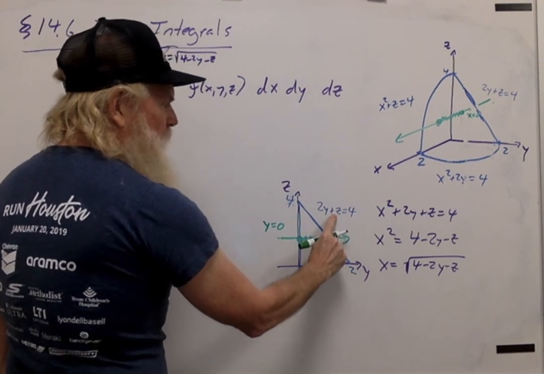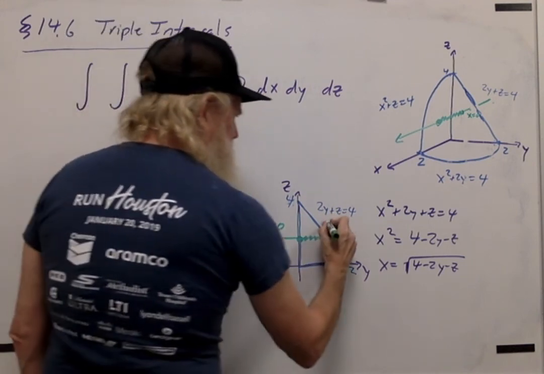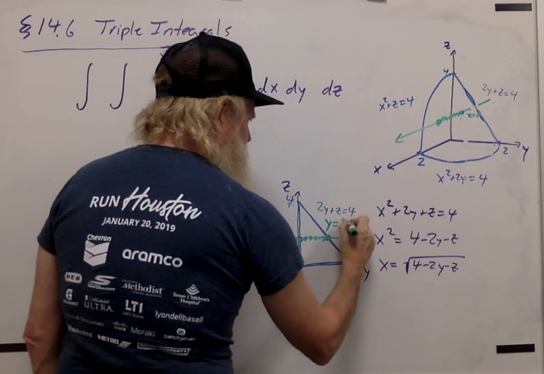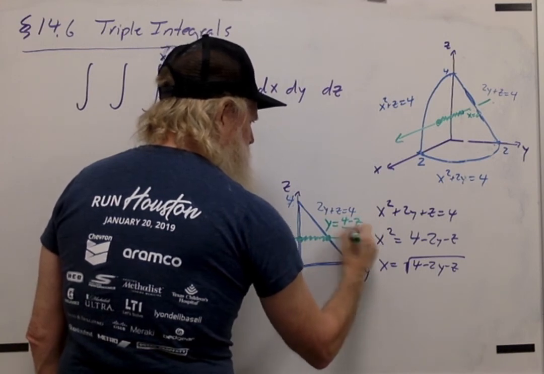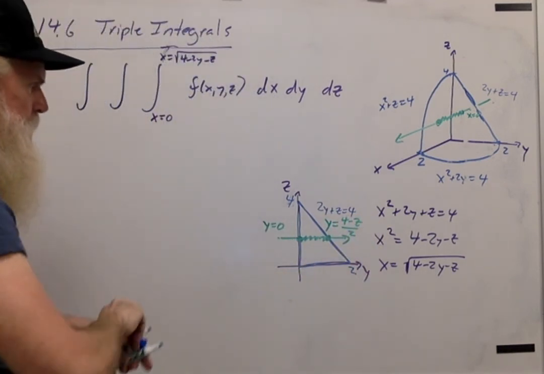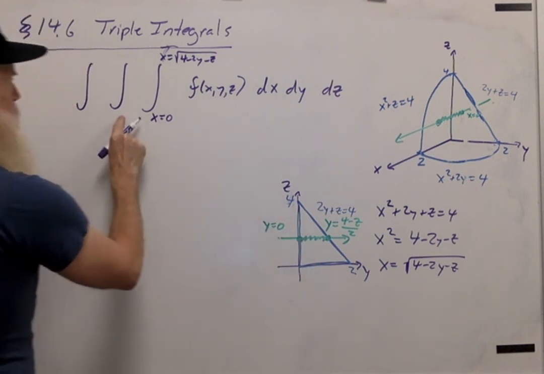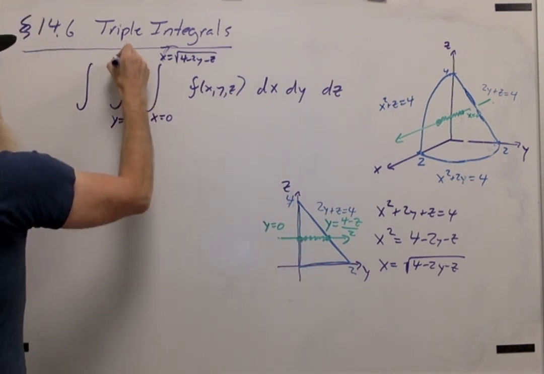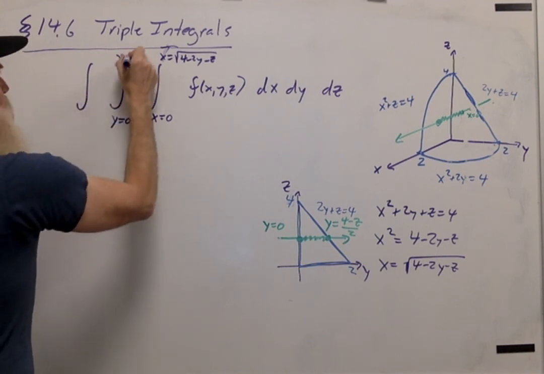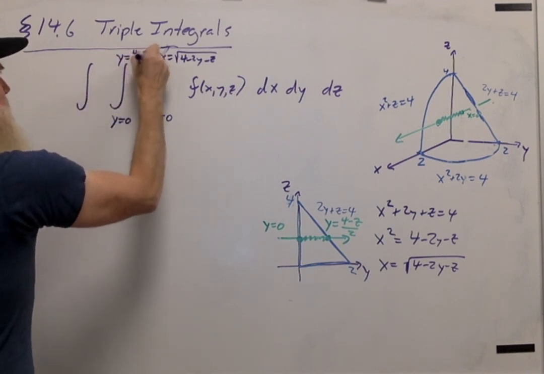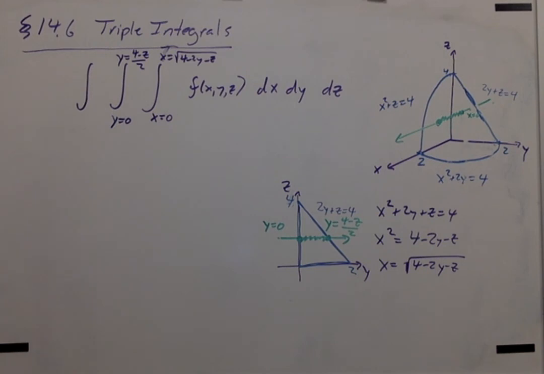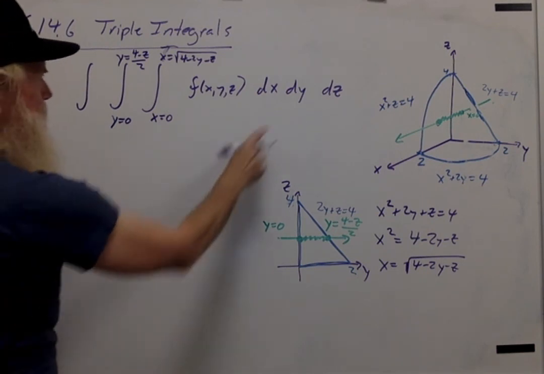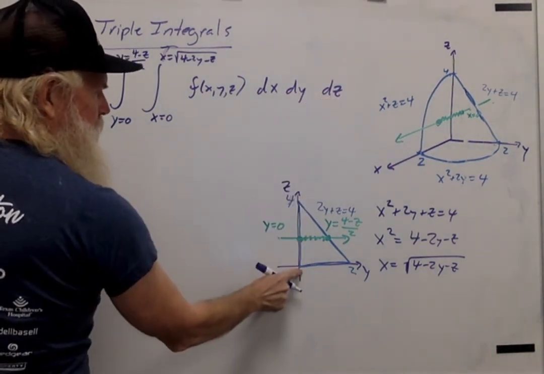And solving for y in this equation, I have y is (4 minus z) over 2. So my y bounds enter at y equals 0 and exit at y equals (4 minus z) over 2. And then finally, my bounds on z are from 0 to